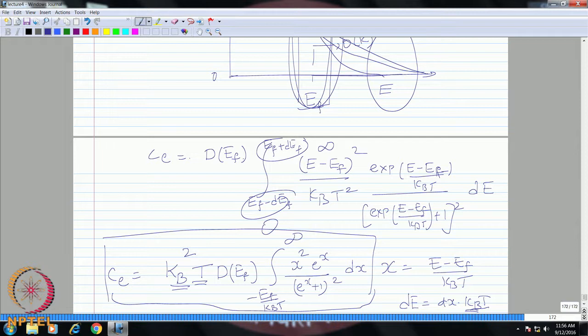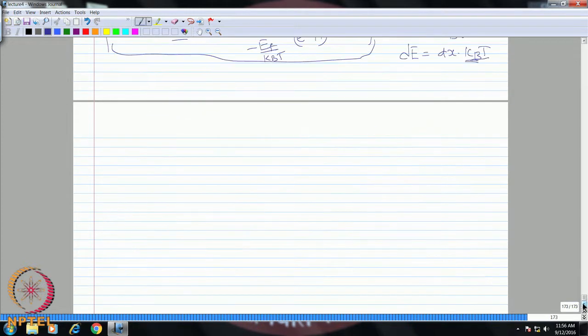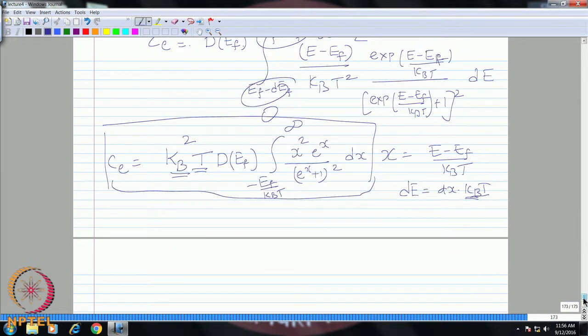So this particular integral turns out to be, if you evaluate it, equal to a constant, pi squared by 3. Okay. So, therefore, your